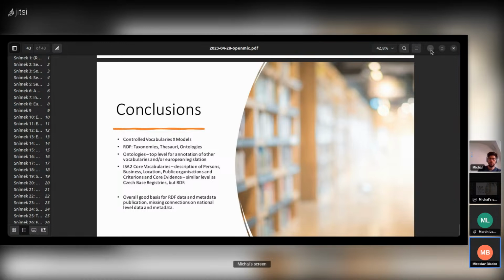I think it could be interesting to try to interconnect some of the ontologies we were creating for the Ministry of Interior to the national level, because it's something that I don't know that someone was doing in wide range, and